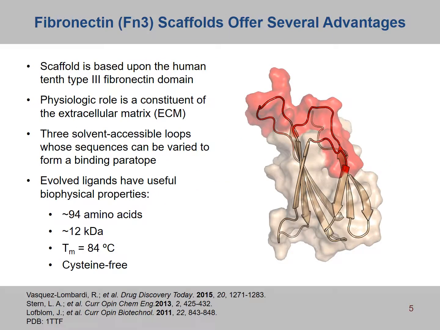As I mentioned, we decided to use a targeting scaffold based upon the human 10th type 3 fibronectin domain. As shown, this domain is comprised of 7 anti-parallel beta sheets, all connected by flexible loop regions. 3 of these loops, depicted in red, form a congruous surface on one face of the protein, and it's been extensively demonstrated that the amino acid sequences of these loop regions can be mutated and evolved to form a binding paratope for a target of interest. Furthermore, these evolved ligands have demonstrated useful properties, including small size, thermal stability, and a lack of cysteines, and thus